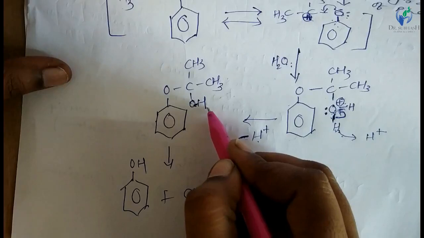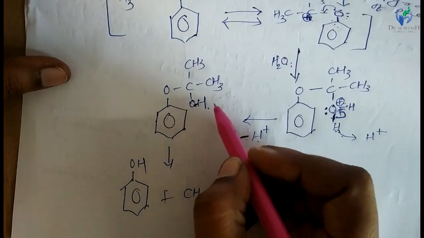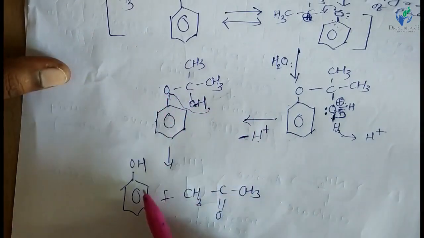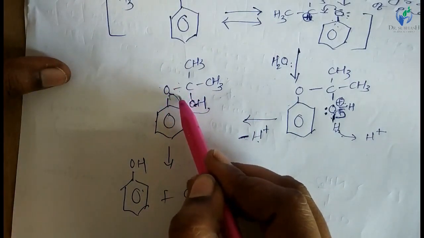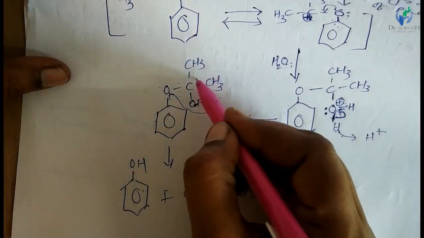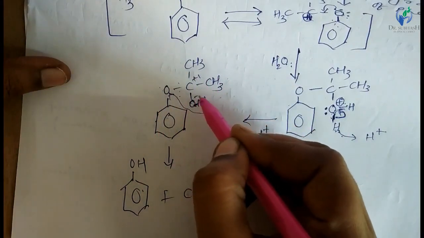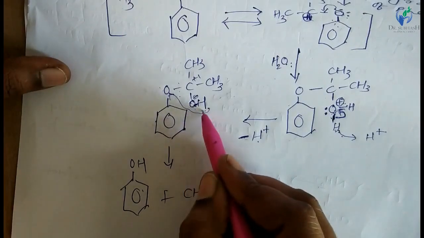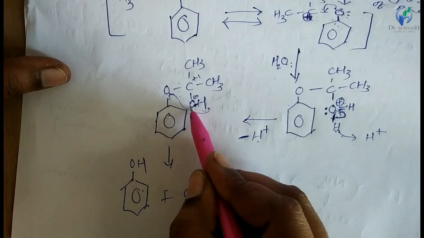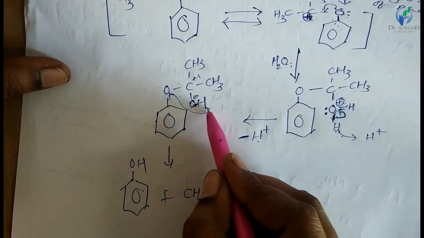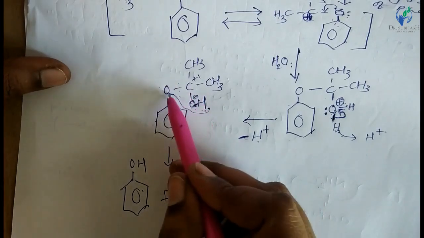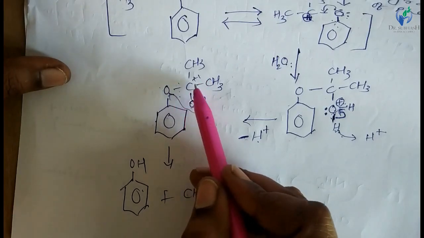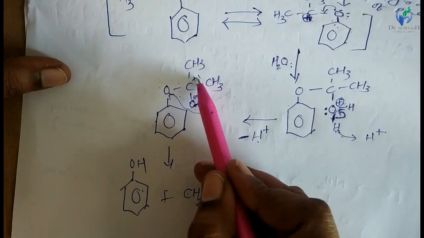The OH bond is broken, right? Hydrogen is removed in the H plus form and it attacks this oxygen, that's why it becomes OH. When this bond is broken, the electron remains on this oxygen, that's why the oxygen acquires the negative charge, because during breakdown of this OH bond, the electron remains on this oxygen atom and hydrogen is removed in the H plus form. Here, during this CO bond breakage, the electrons remain on this oxygen and carbon acquires the positive charge.